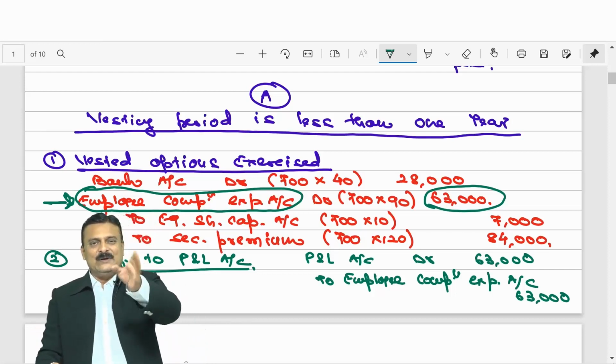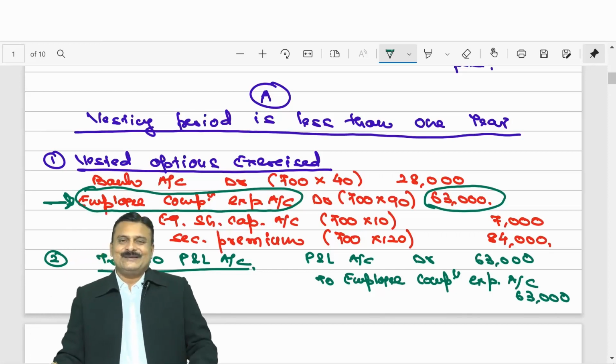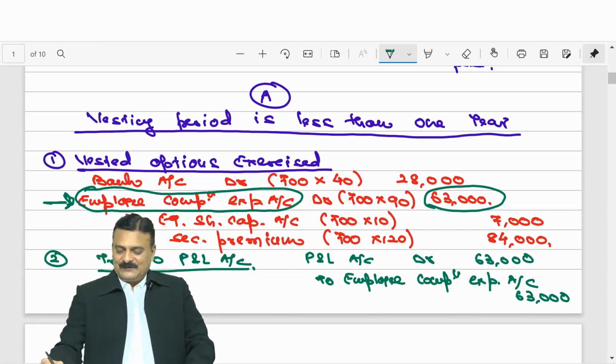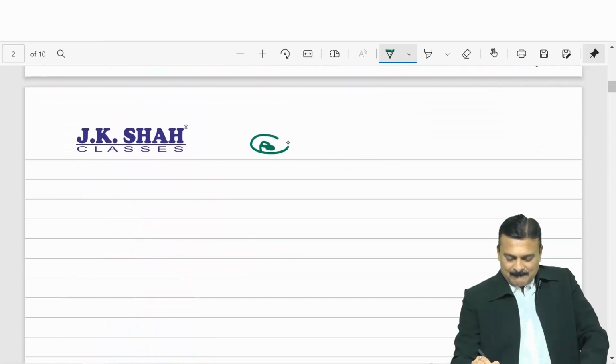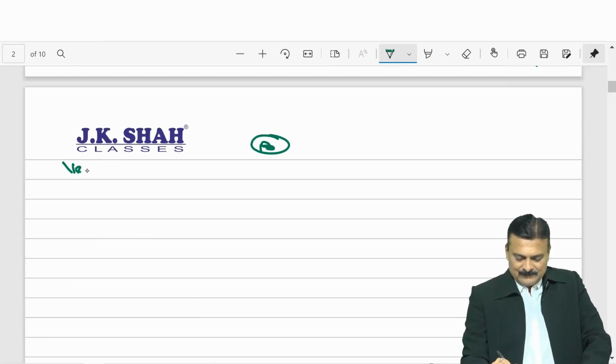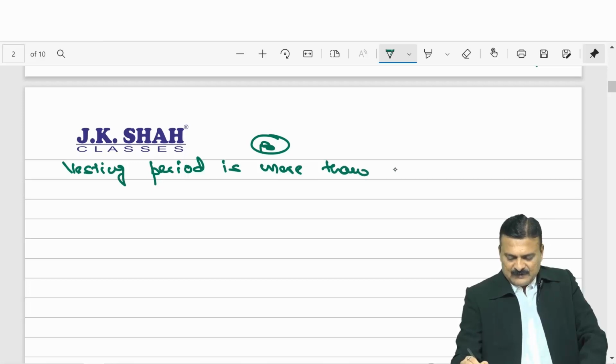So every year you will debit to profit and loss account 30 rupees. So situation B, if the vesting period is more than 1 year,